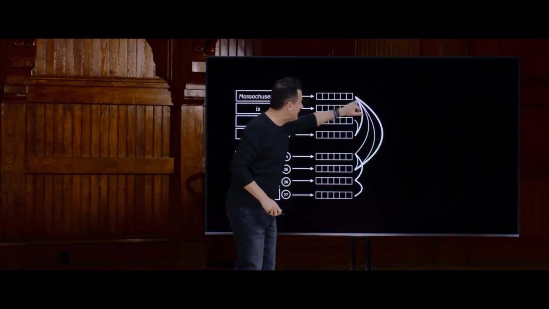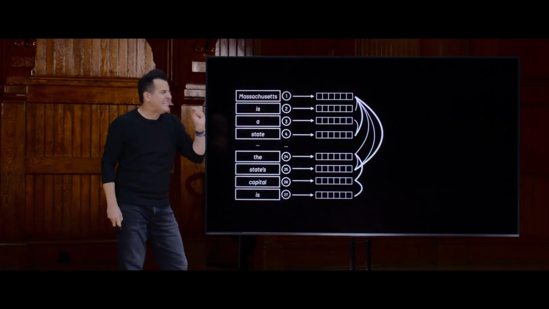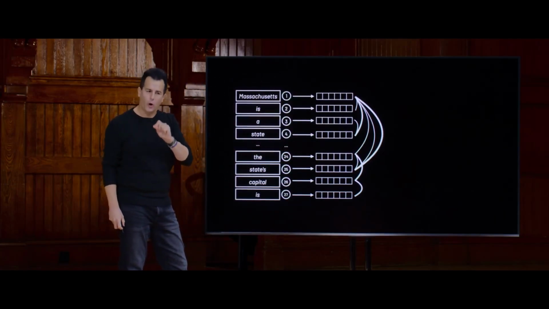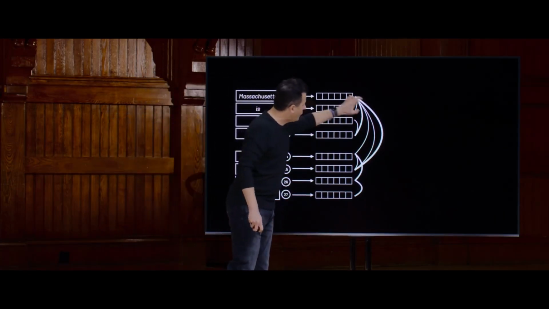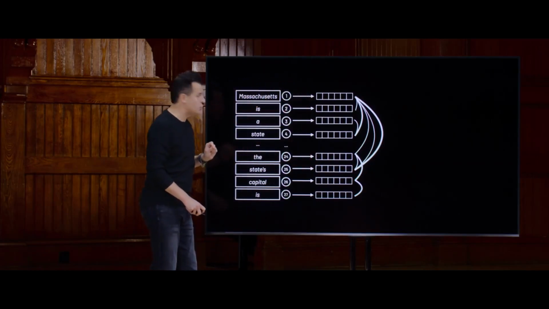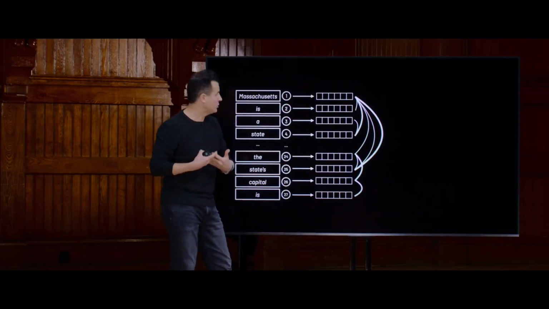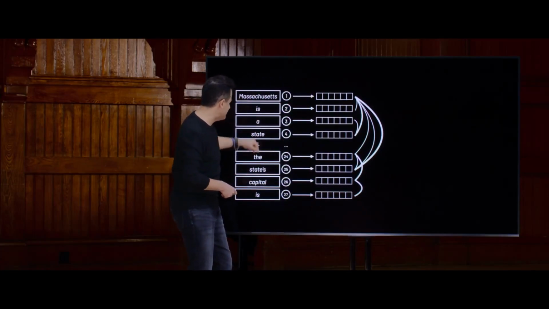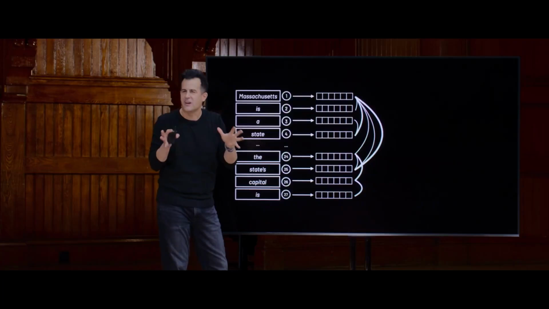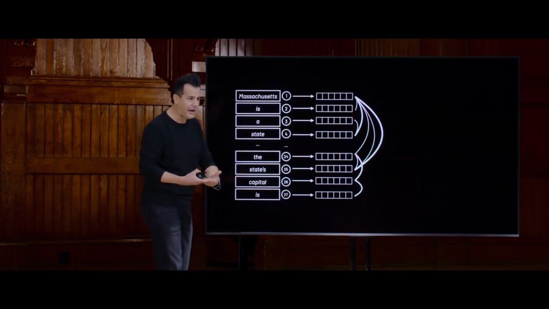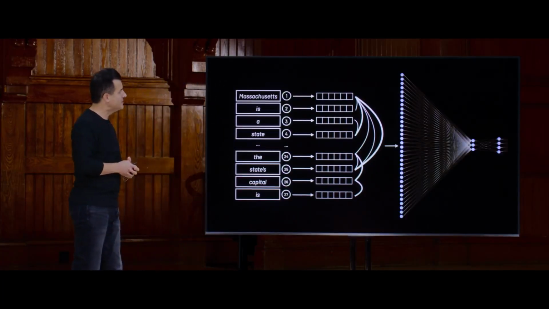And then, and this has been the key to these GPTs, an attention is calculated based on all of that data, whereby in this picture, the thicker lines imply more of a relationship between those two words. So Massachusetts and state is inferred as having a thicker line, a higher attention from one word to the other, whereas our a's and our is's and our thes have thinner lines because they're just not as much signal to the AI as to what the answer to this question is.